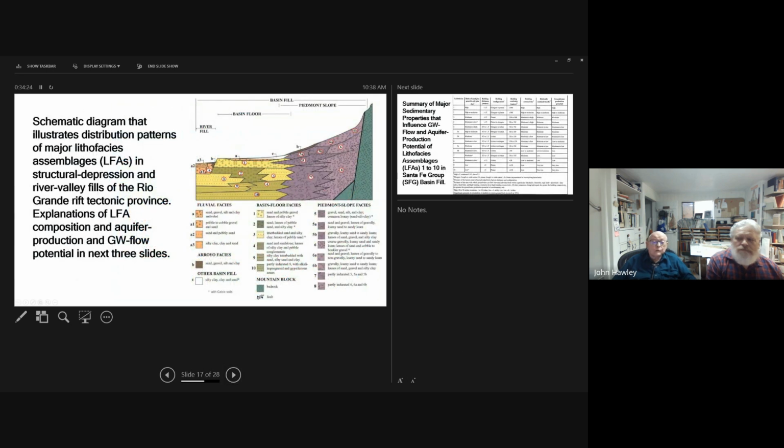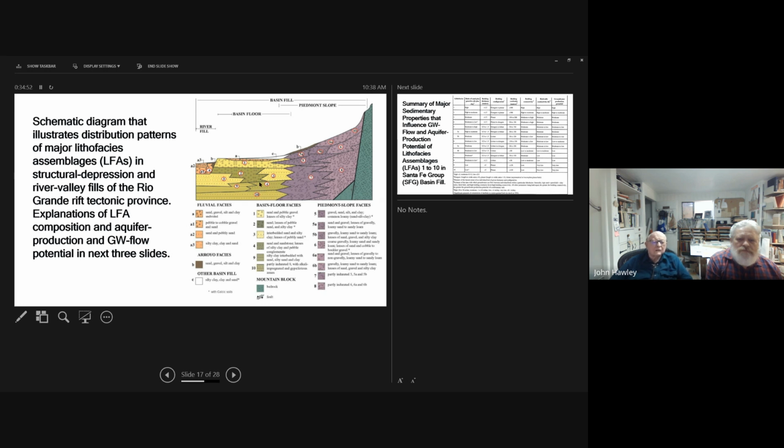So what we do when we split the basins up, with the borehole information and everything, is we first look at the textures. If it's an ancient river deposit like this unit here, or these yellow areas, they are fluvial deposits that have a lot of sand and gravel in them.